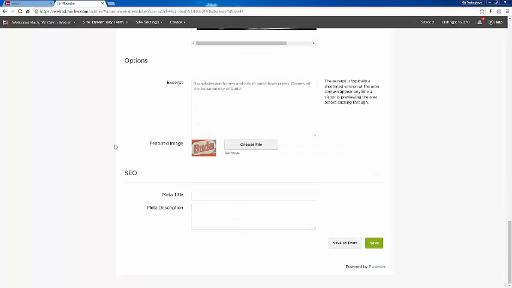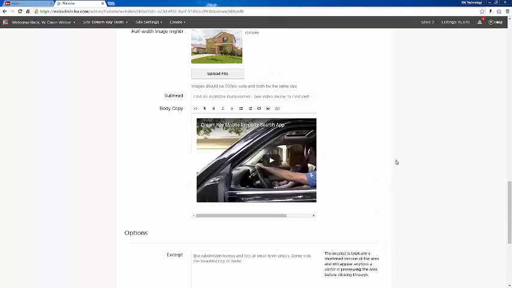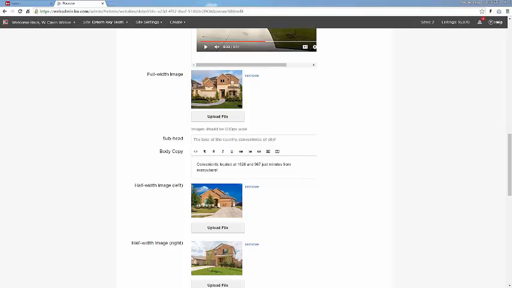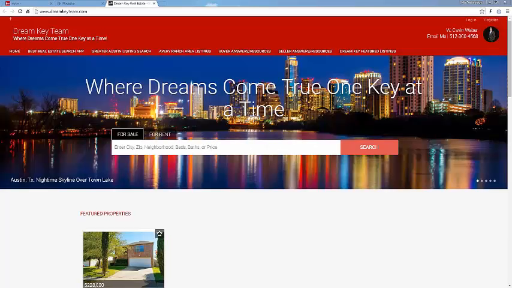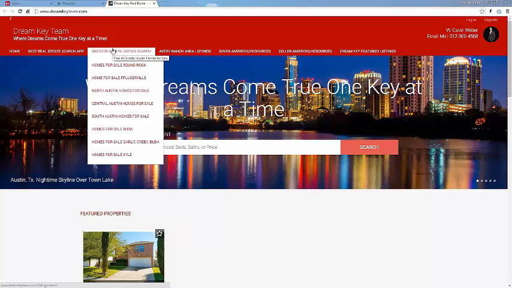All right, and then as we scroll down, you'll notice that you have your excerpt here, which we told you about a moment ago, with the featured image in the file. So now let's take a look at this in this live website, and we'll take a look at that particular area page. All right, so you all should see the Dream Key Team website coming up right now, and what we did is, and we'll show you in a moment, is we tucked that